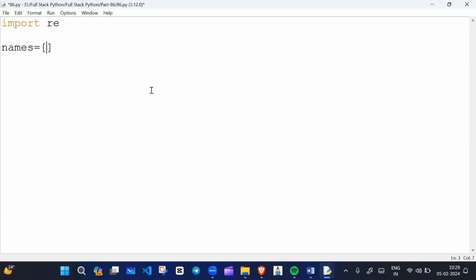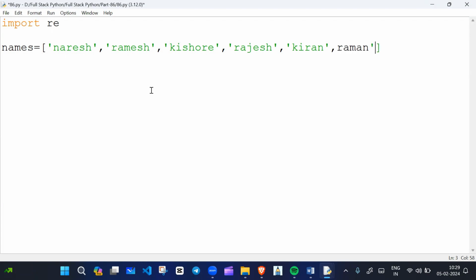For example, Naresh is there, Ramesh is there, Kishore is there, and Rajesh and Kiran, and we have Roman, and we have a name like Suresh, right? So we have a few names as a list, and then